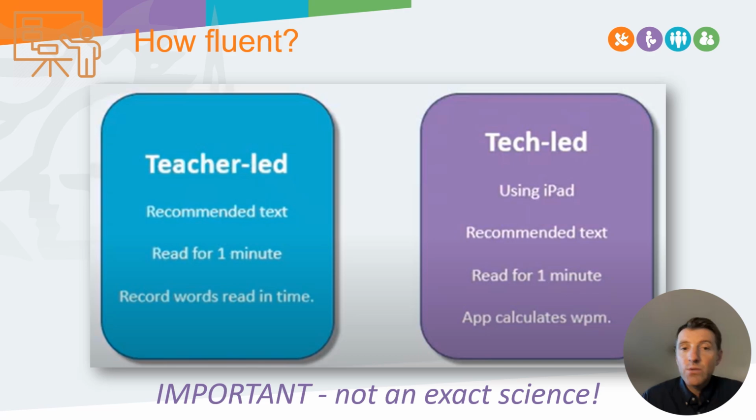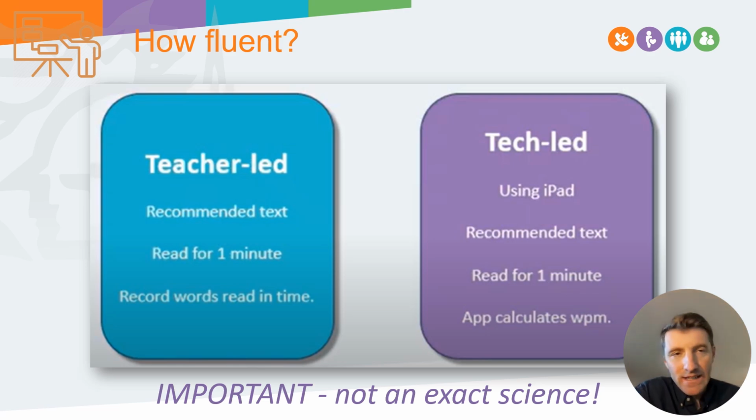What I would say is the way to assess reading rate is not an exact science. There are some tools that you can use online, the kind of official test. There's a Diaballs, which is available from America. It's free to download. You can use those things, but they can be clunky to administer. In essence, what a fluency rate does is ask a child, a young person, to read a piece of unfamiliar text that is appropriate for their age and stage, a text that they should be able to read, and to see how many words they read in 1 minute. That's it. And you kind of take a measure of that.